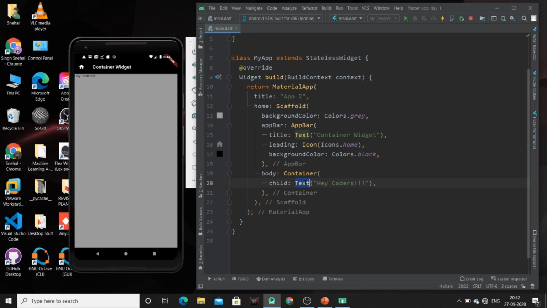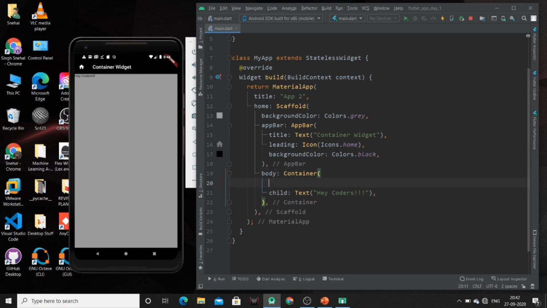By default it is at the top left corner of our page. So this is the position of our container. As we haven't changed the color of our container, it will take the color of the background or scaffold color by default.